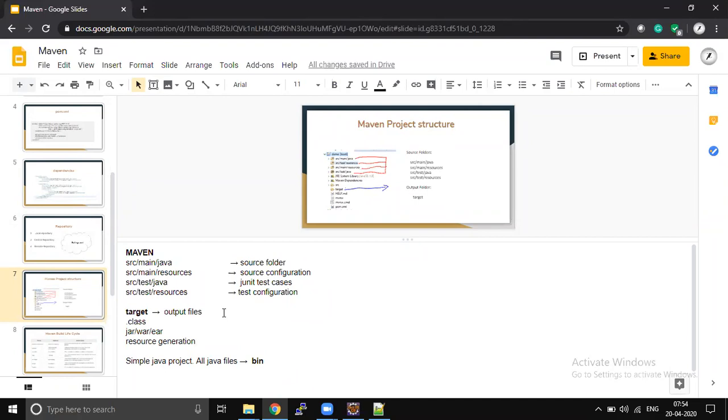So target is going to be the output. The target folder is an output. Any kind of output by default will be present inside target. You can ask why it is target, and whether I can change it. Yes, you can change it, but to do that you have to customize Maven. There are a few plugins available, but it is not required. We don't get any benefit from changing the folder. That is the reason why, 99% of the time in Maven, the customization is still available but not used.